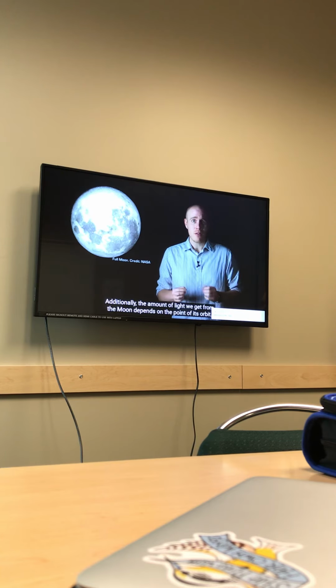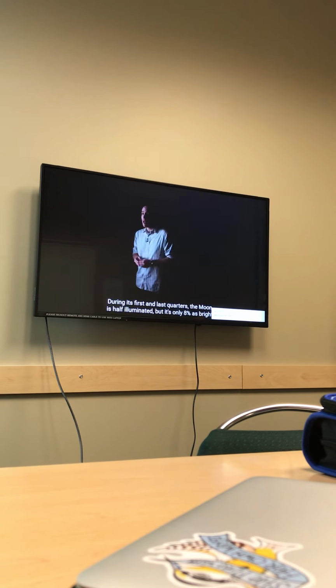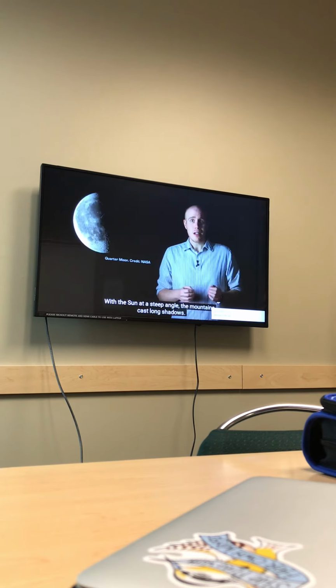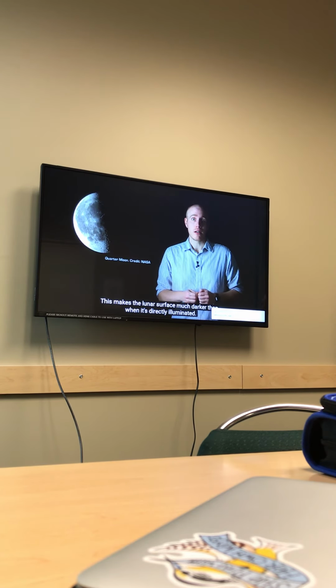Additionally, the amount of light we get from the moon depends on the point of its orbit. During its first and last quarters, the moon is half illuminated, but it's only 8% as bright when it's full. Just imagine the surface when it's only partly illuminated. When the sun is at a steep angle, the mountains cast long shadows. This makes the lunar surface much darker than when it's directly illuminated. One of the reasons